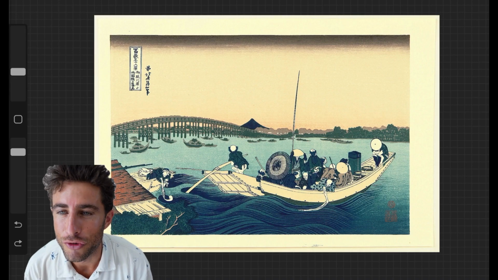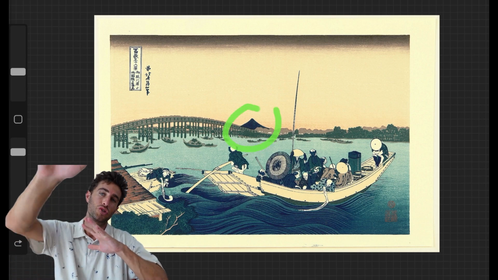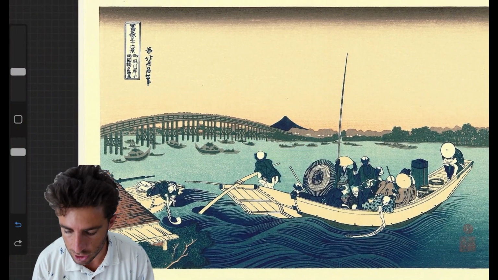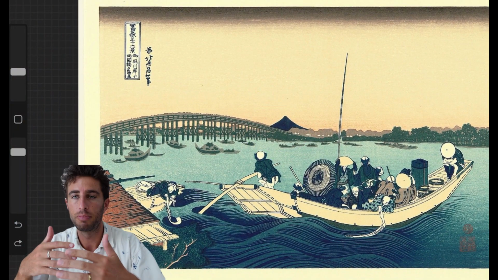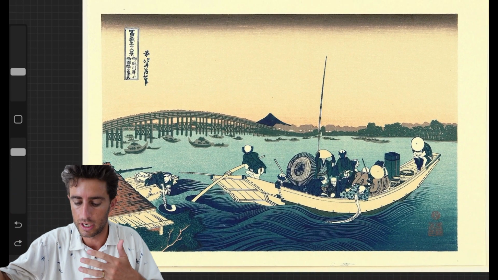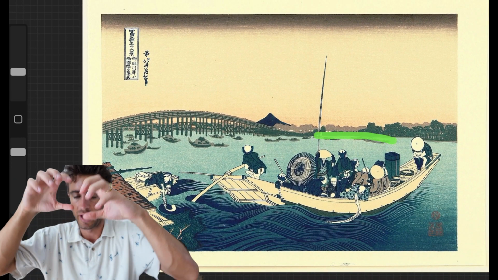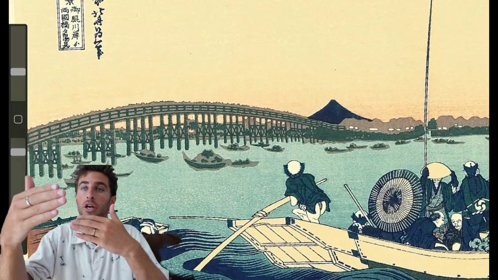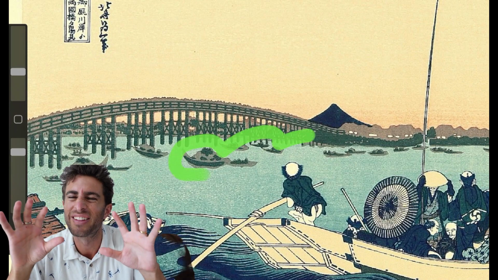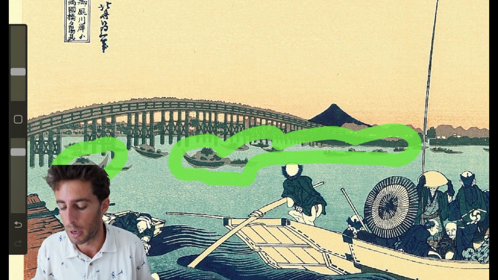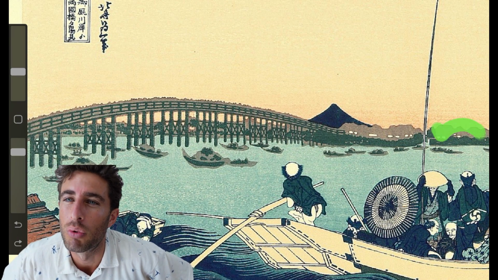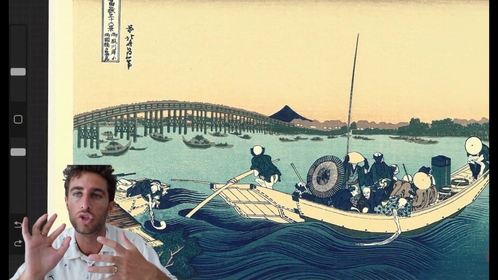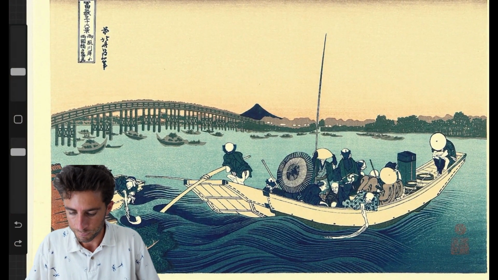So we have another view of Mount Fuji here, and now Mount Fuji is pushed way back in the background. One thing that I really like about this image is the type of atmospheric perspective that is created because we have more information in our foreground. The things that are closer to us have more information, and as we go further and further back in the picture, we have less and less information. That's just atmospheric perspective 101. But I just love the way the artist has created distance here in the picture.